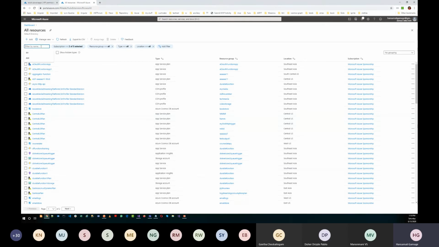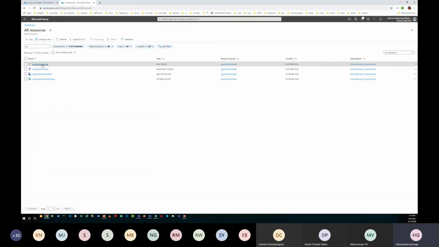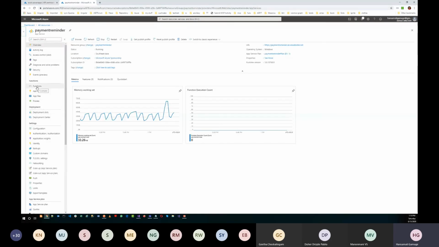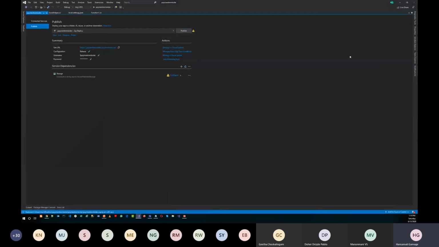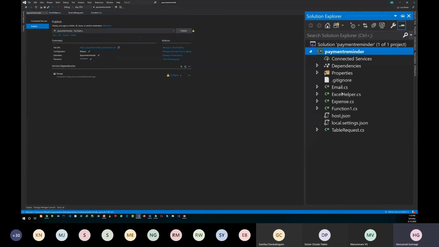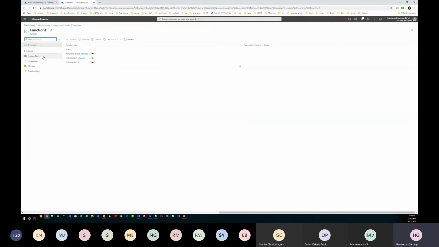Okay, so now I have hosted this as payment reminder. So you have functions here, and we have our function. I didn't rename this one, so it comes as Function1.